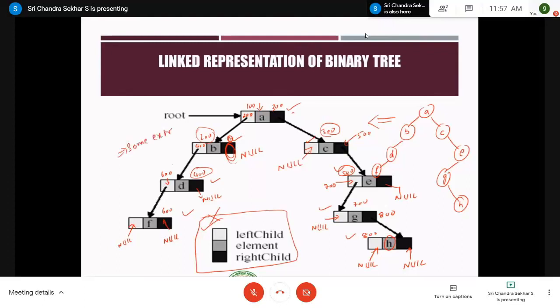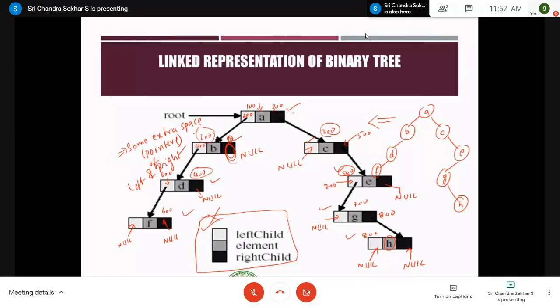This extra space is for storing the link parts, that is left link and the right link. That is nothing but this extra space is for pointers, to store the pointers of left and right child, right? So this is the representation of binary tree using linked list.